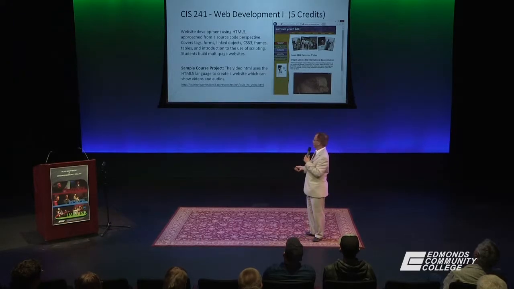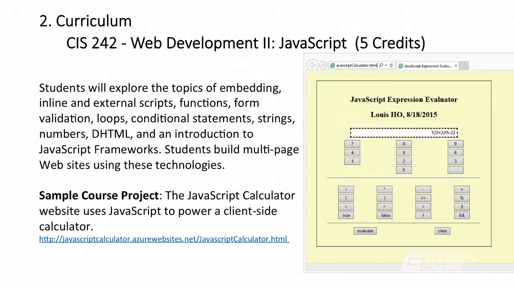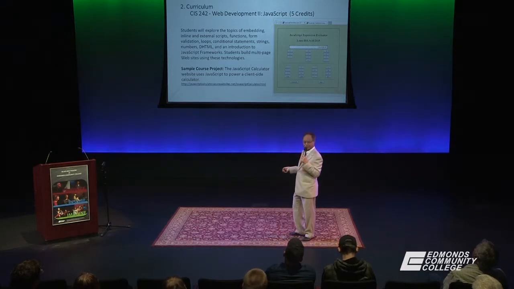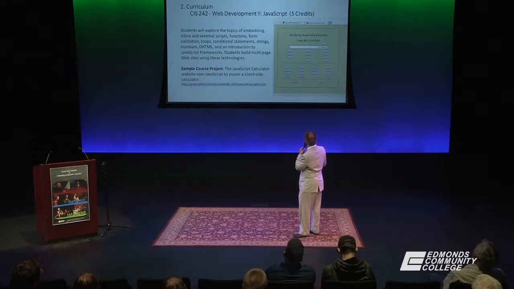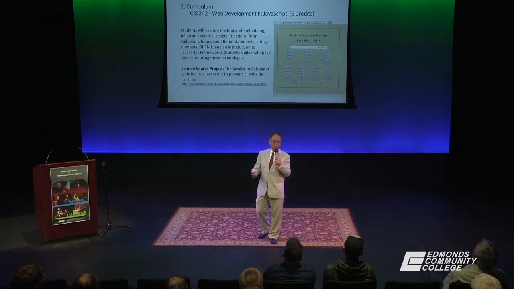Okay, now let me go further. Of course this degree is only 1 quarter, 3 classes, but what is CIS 242? CIS 242 teaches you how to make a computer like Bill Gates. Now, Bill Gates is a mathematical genius. That means we can teach the computer how to make a calculator. It takes a lot of genius to be a mathematician. So here we can show you how to make websites, whatever, and become just like a mathematical genius. That means we want to teach you how to make a computer even smarter.